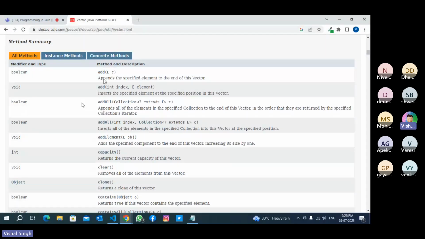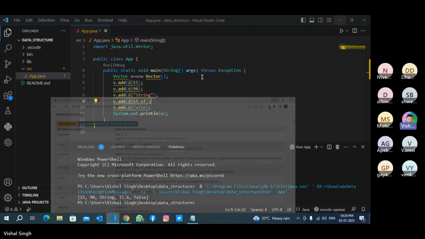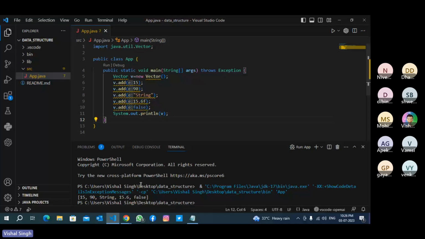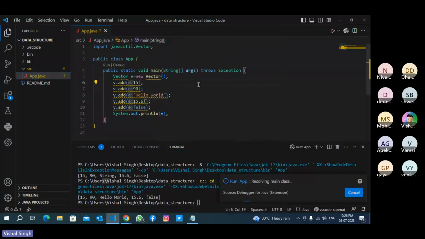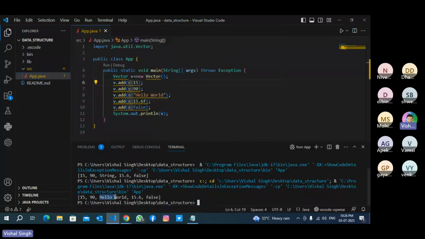But if you want to see an example, you can follow other websites also. Okay, so see, it is returning the list: 15, 90, string, like hello world. Hello world. Okay, right click, just run Java program. 15, 90, hello world, 15.6, false.